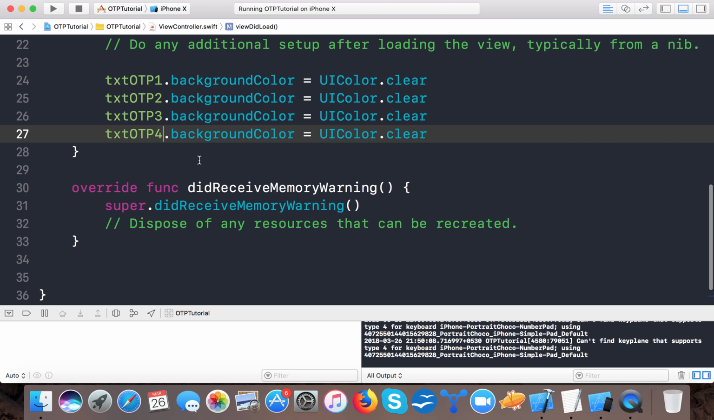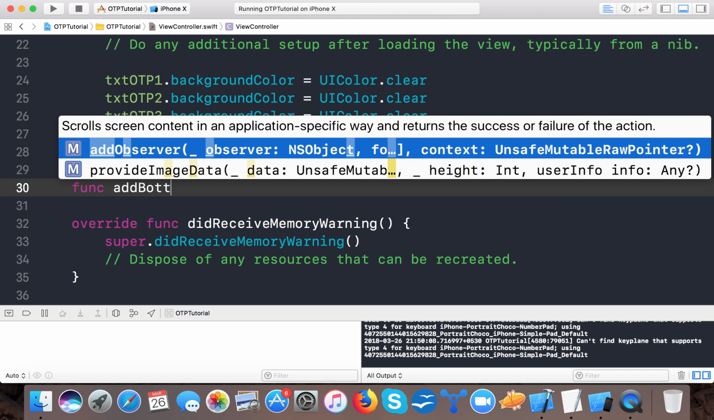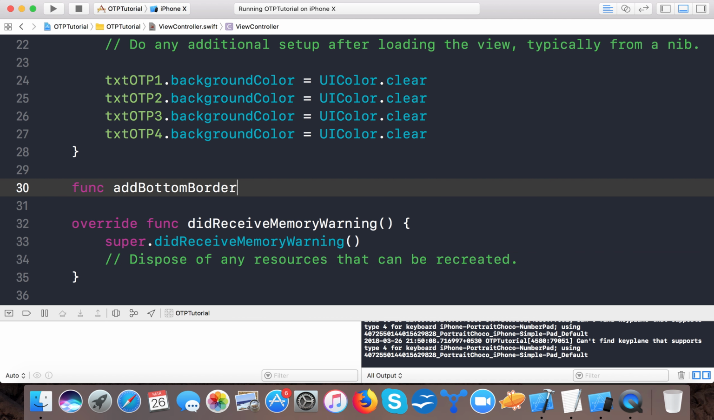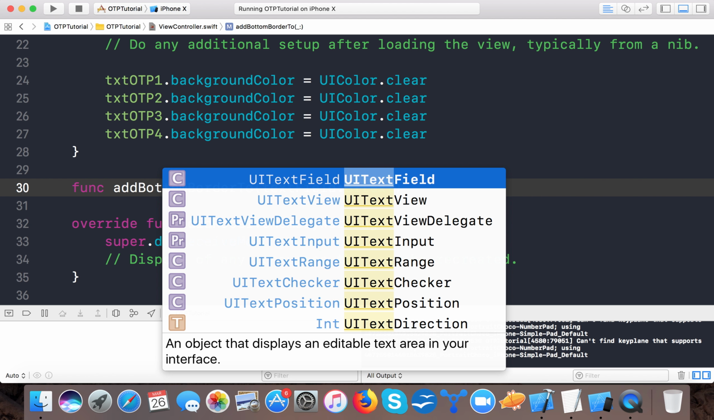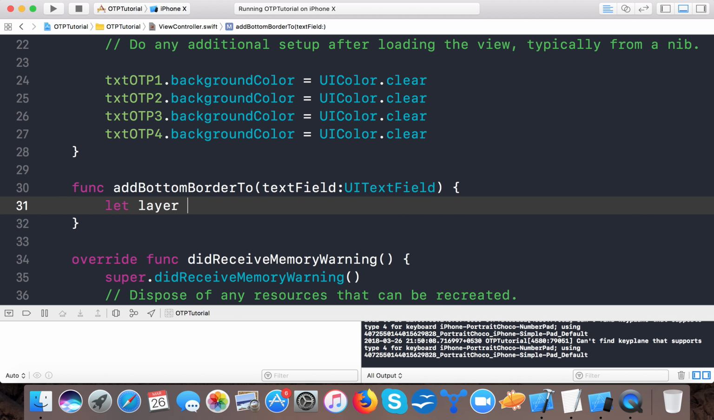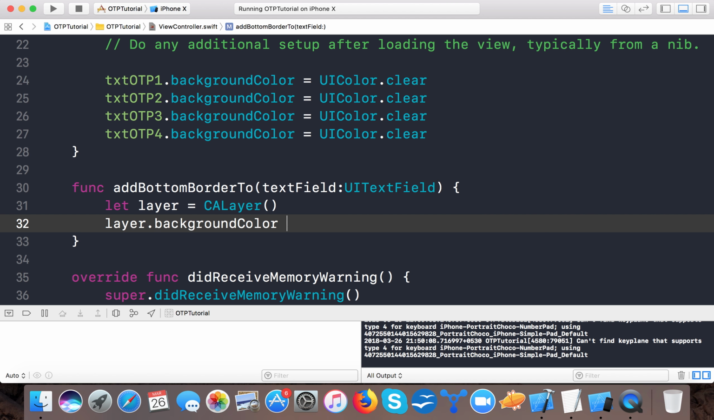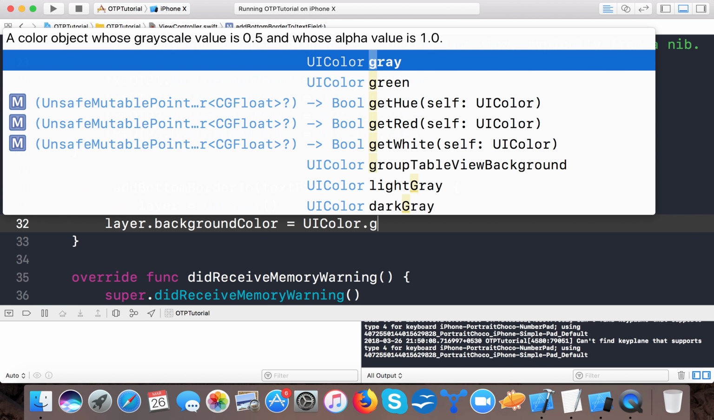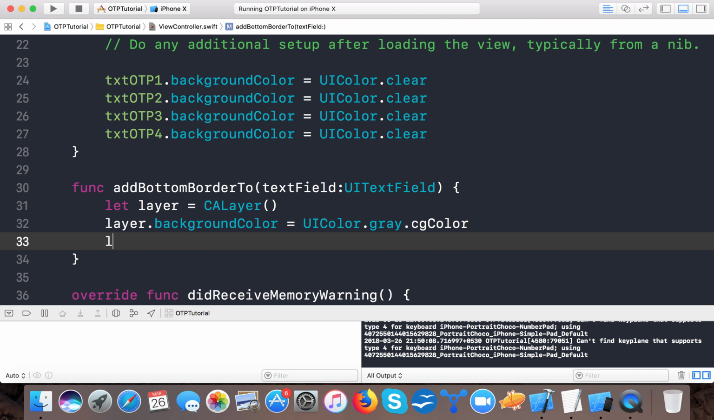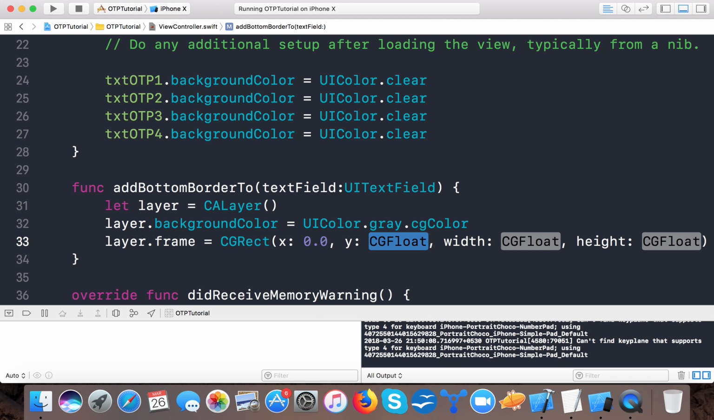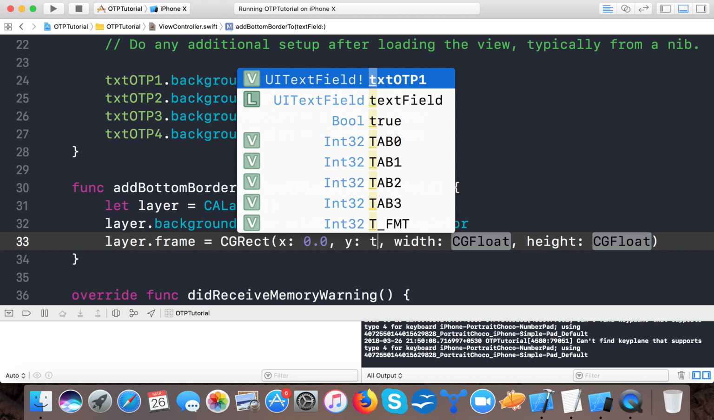So for this we need to add a bottom border, so we create a function addBottomBorder to text field of type UITextField, and here we'll let layer equal CALayer, and layer dot background color is equal to UIColor dot gray dot CGColor, and we say layer dot frame, we need to give a frame to the layer too, and here we say CGRect, and here we have 0.0, and y will be textField dot frame dot size dot height